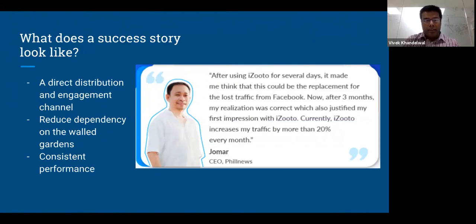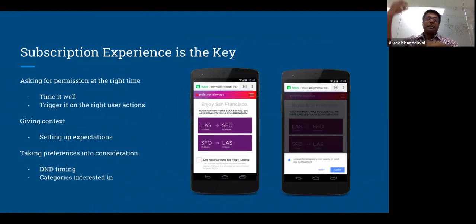Now, let's take a quick look at what exactly this means. While you're building the audience, one of the most important points is giving them context of what exactly they can expect to receive as notifications. Because audience size is what will govern your ability to monetize and earn dollars, it is important that you create the right subscription experience for your end users, by giving them a lot of context. To give you a quick example,